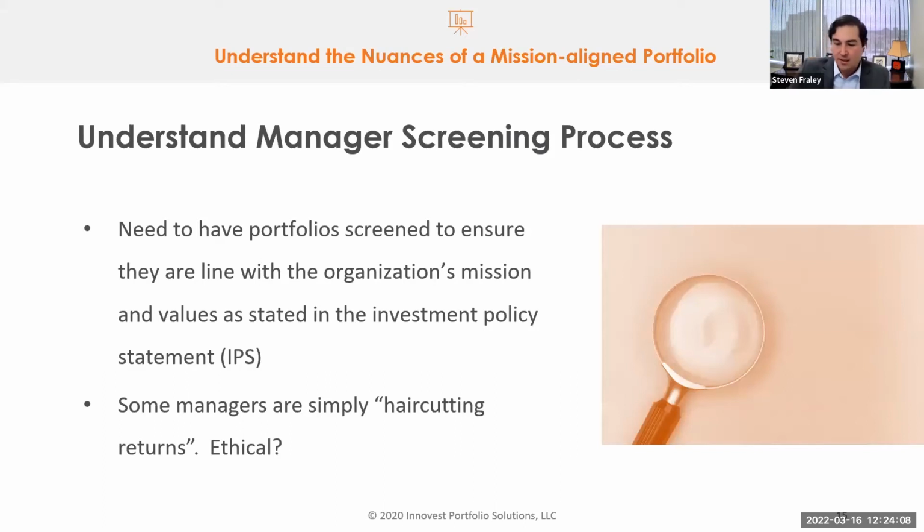The manager screening process is becoming very, very difficult, I think, and one of the reasons is that there's no general consensus in terms of what is ESG investing, what is SRI investing, what is DEI investing. There's no regulatory oversight, for example. So it's up to the investment manager, the firm actually investing those assets, to determine what that is. So it's very subjective in nature. So that does cause a little bit of difficulty and some concerns when we go through the investment management due